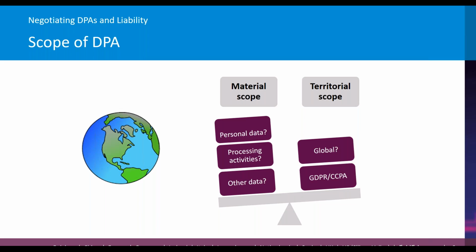So in the DPA, there should be a very clear description of the types of data that are being processed and the processing purposes. Because remember, when you're engaging a data processor, they're only ever allowed to process data under your instructions and for the purposes that are clearly agreed in the contract. And so you need to make sure that those processing descriptions are actually accurate and complete enough. Are there any gaps there?